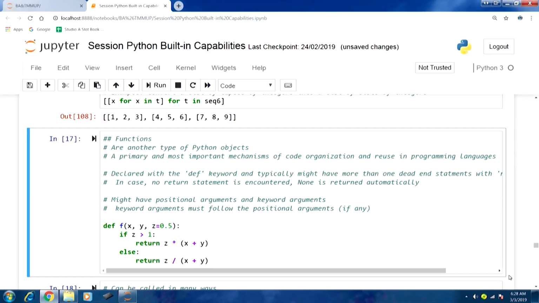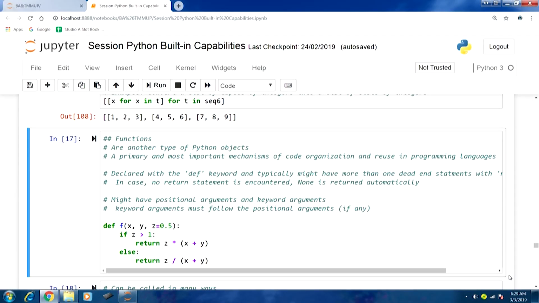Not just Python, but almost all programming languages, functions play an important role in organizing the code and being able to reuse the code whenever we expect that a certain part of code will be used repeatedly. That is when we realize it is better to code that as a function rather than having a standalone code block. That will help us in code organization and reuse of that particular code block further.